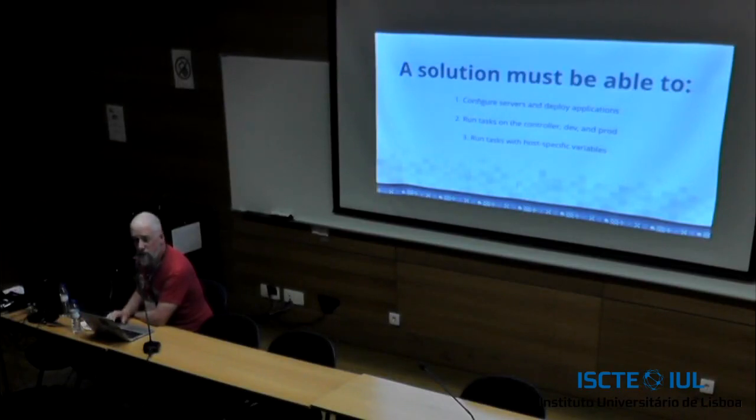And then point 3.5 is a subset of number 3. We have to be able to do the same thing with secrets. So there's any number of secrets that we have to deploy to both kinds of environments: database credentials, maybe AWS credentials, SSL keys, SSH keys, all sorts of things which we might need to deploy to both environments or to only one environment, or to deploy different versions of these to each environment.